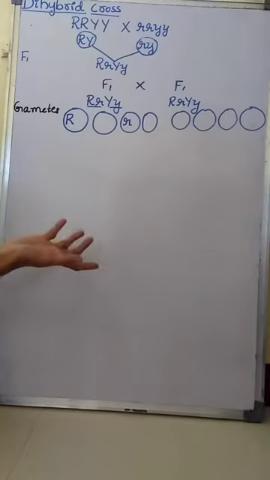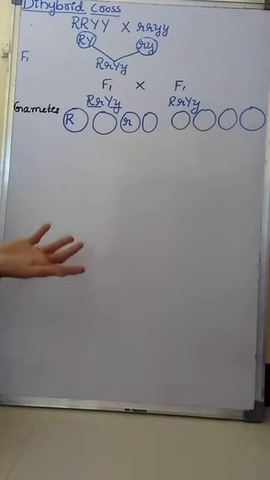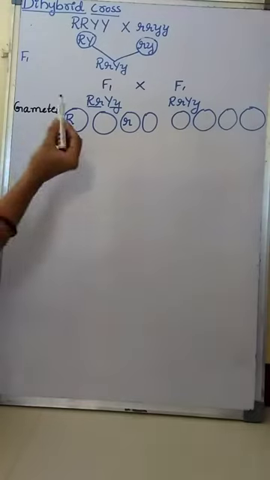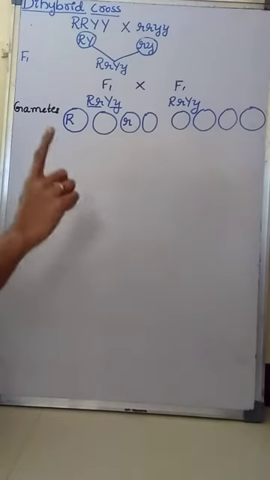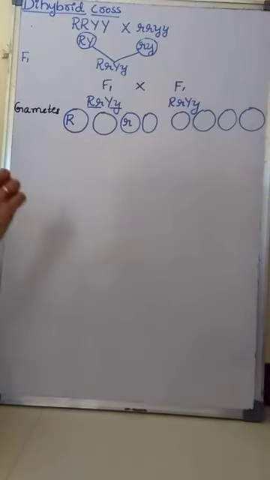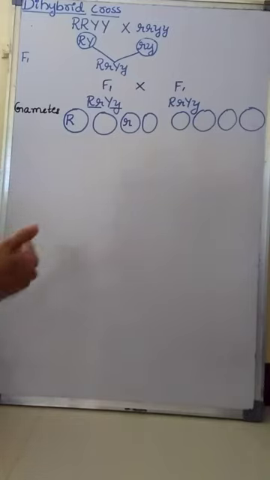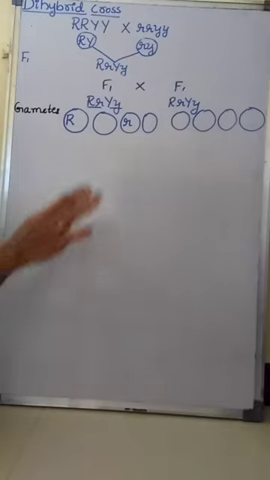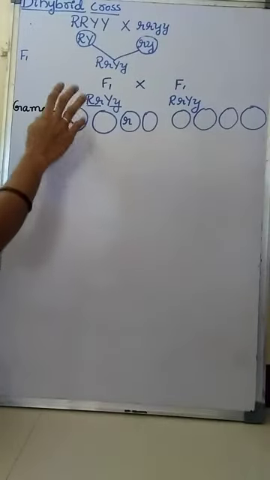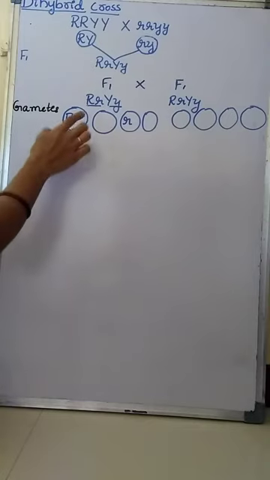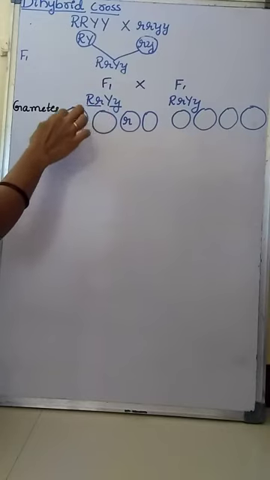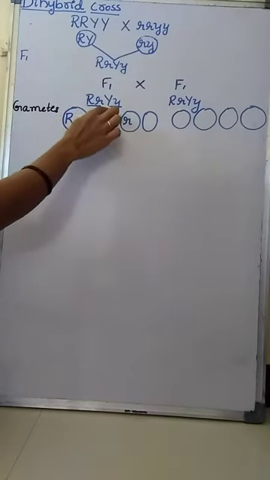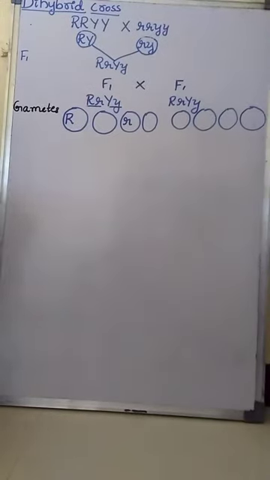It's a chance separation of genes. Then always in the gamete, with respect to one character, one allele will be present. It may be a dominant allele or recessive allele, never both. Either a dominant allele or a recessive allele with respect to one character will be present in the gamete. That means from this character, one allele enters into the gamete, and from this character, one allele enters into the gamete.